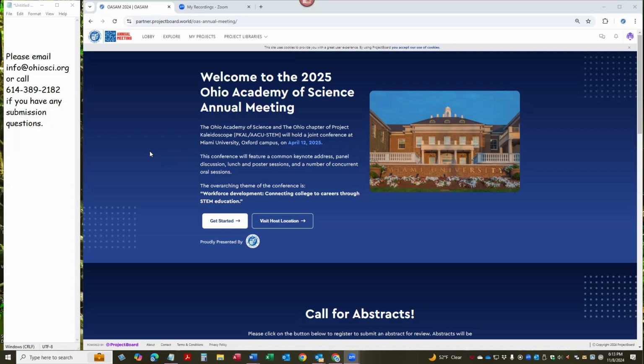the Academy's annual meeting in 2025. We will be hosted by Miami University, their Oxford campus, on April 12th. And we are excited to let everyone know that we are having a joint conference with the Ohio chapter of Project Kaleidoscope, or PKAL. This is the first time the Academy has paired with PKAL, and we're looking forward to